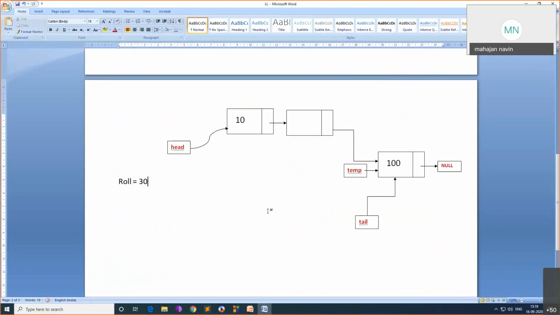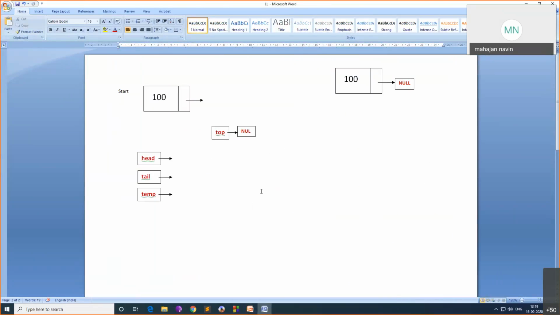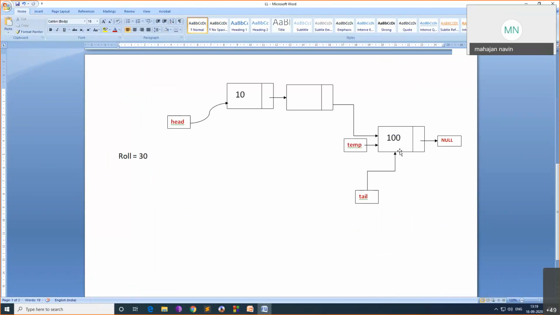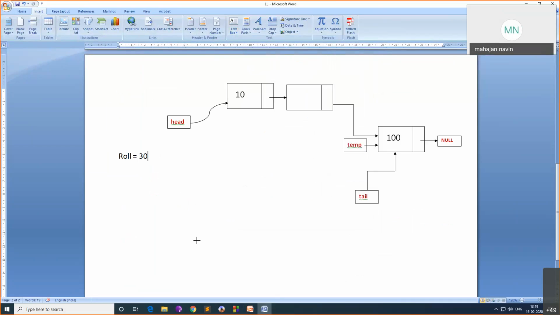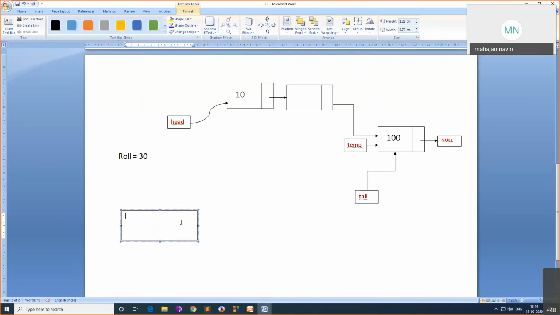First, I will draw this one first. So what is a doubly linked list? So I have to draw it, no? What is a doubly linked list? A doubly linked list is like this. We'll delete all this, we don't need it. Maybe we need some of them. Okay, I'll draw it. I'll say doubly linked list. How will it be in a diagram? Diagrammatically, it will be like this, no? It won't be like this.